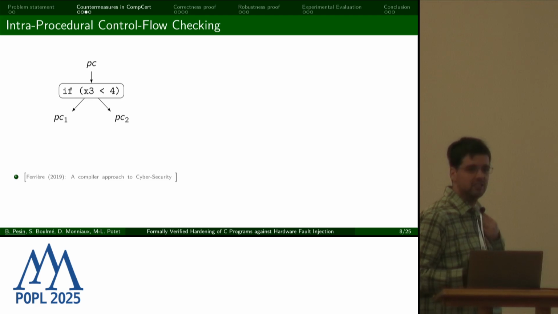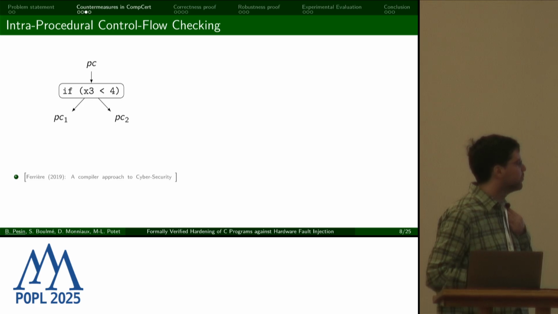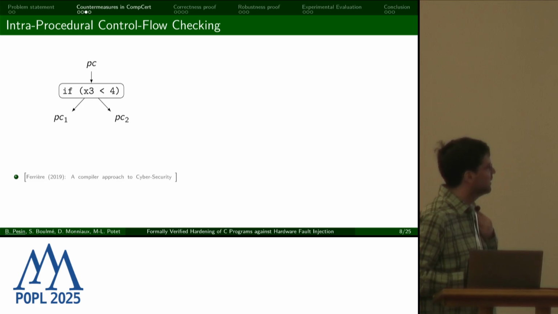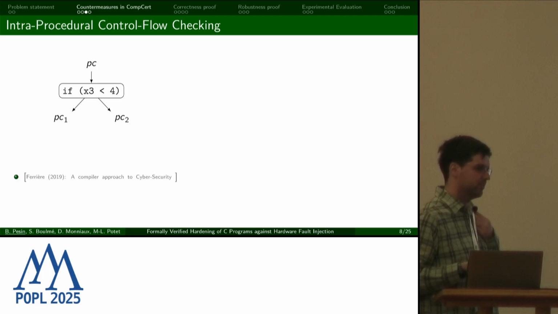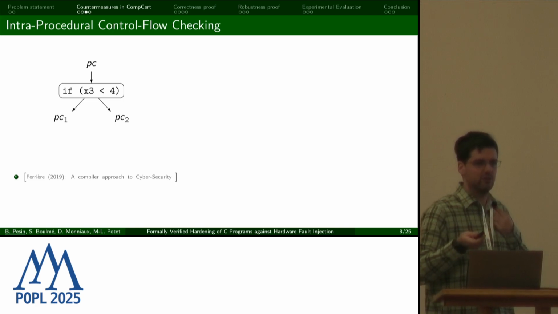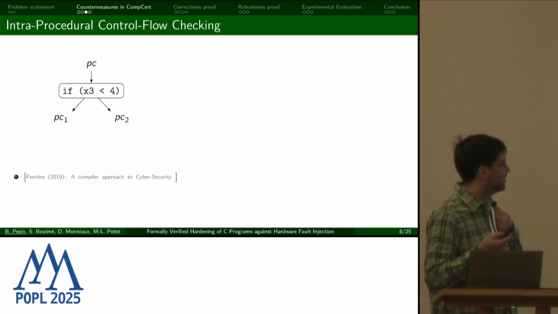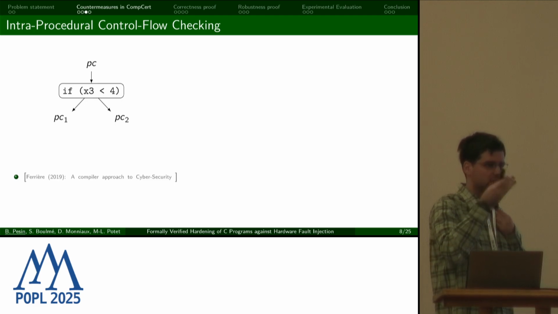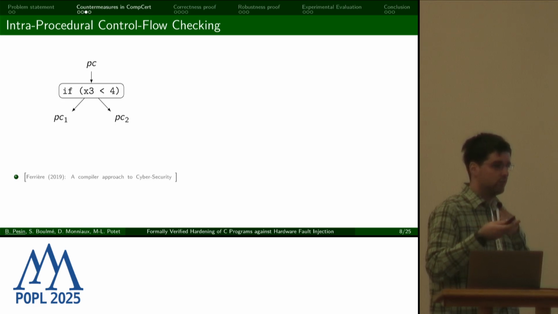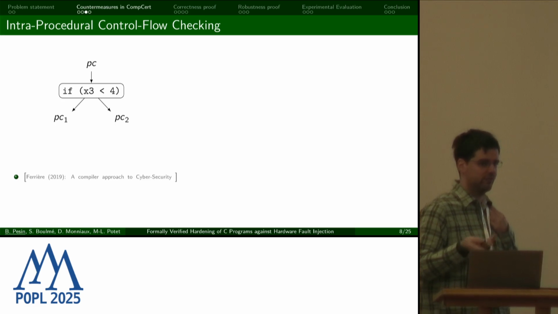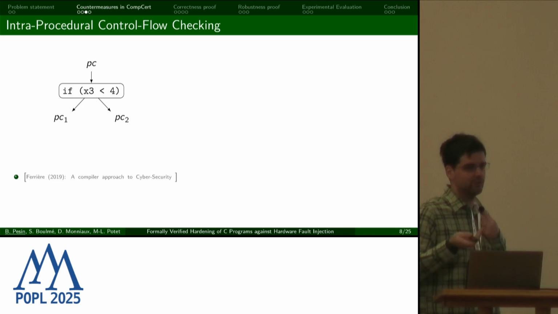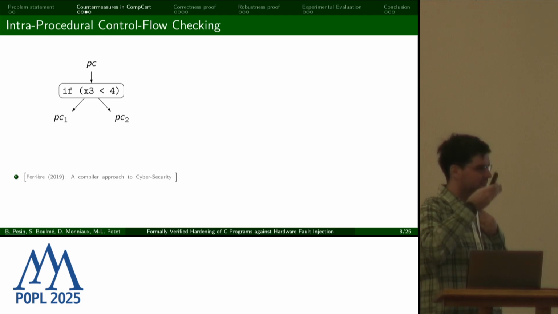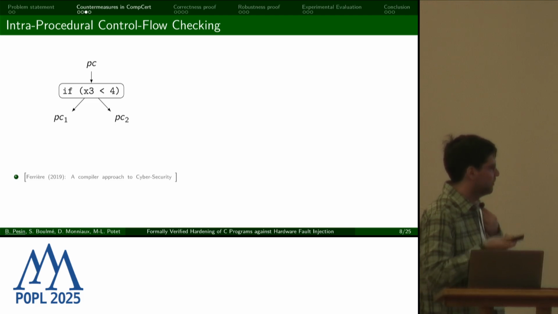The first one is the intra-procedural control flow checking, which was first introduced in a paper called Swift, and later improved for cybersecurity purposes. It actually protects against the exact kind of attacks that I described in the introduction, so inverting a conditional test. The way it works is by essentially doubling the test. Instead of testing once, you do the test twice, and you assume that even if the attacker could invert the test once, it will be more difficult for him or her to invert the test twice in a row. So that's why we consider that it protects effectively.